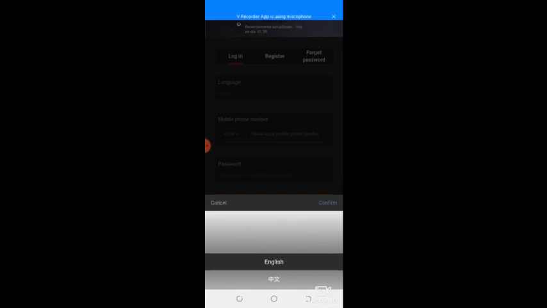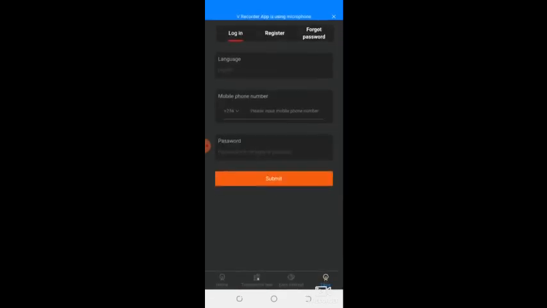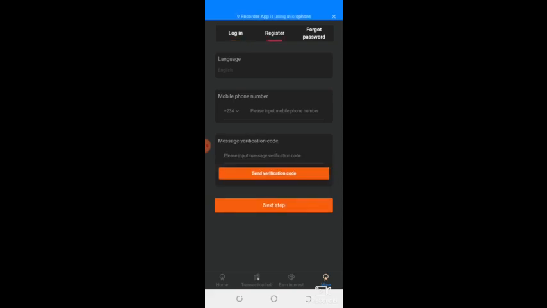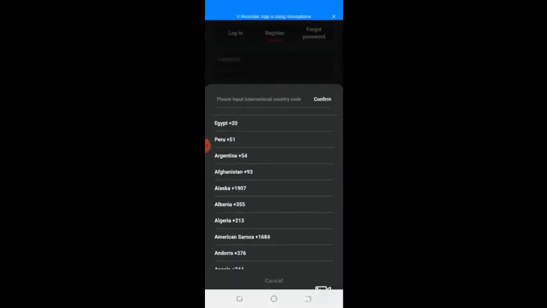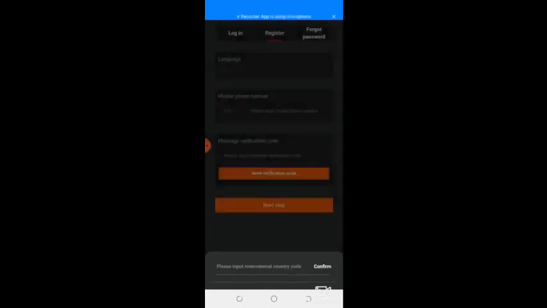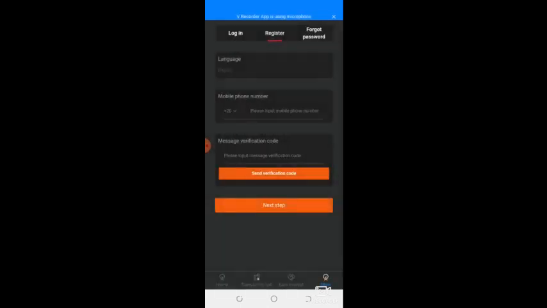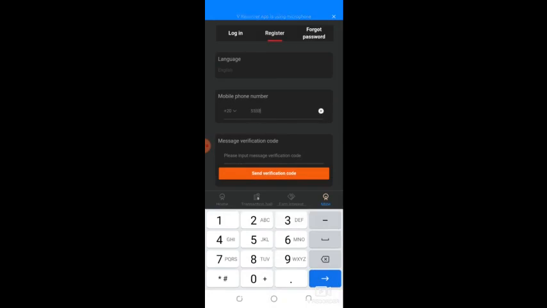If you are in an English speaking country, you select register, you choose English language, then you input your mobile phone number, but you start with your country code first. For instance, if you are in Egypt, Egypt's number starts with +20, so you select +20, then you input the rest. After that, you click on send verification code.